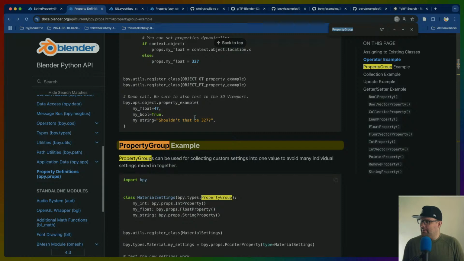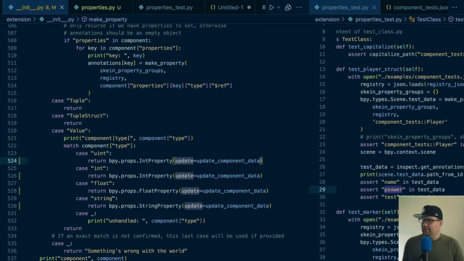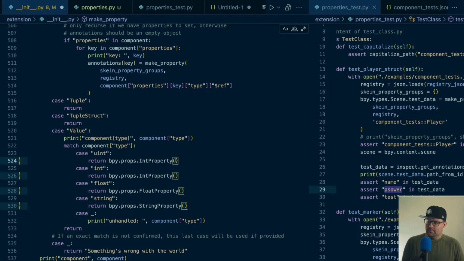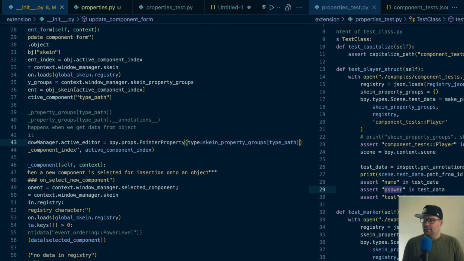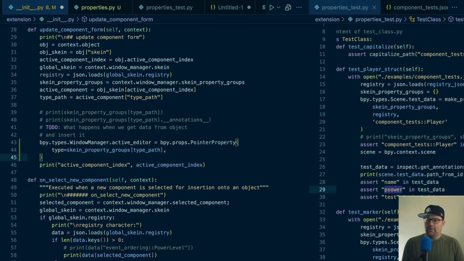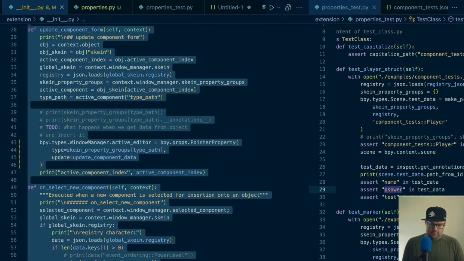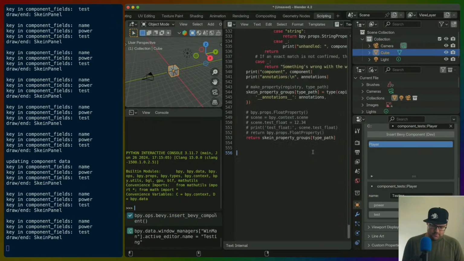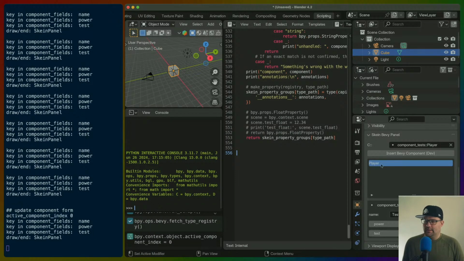Where's property group? Property group isn't even in here. Okay, well, that's unfortunate. Pointer property is, and pointer property is what we're using. So I think that's where this update has to go. Right, this active editor is a pointer property. So I think rather than putting it on any of those types, we have to put it here. But this is the vibe. It's basically like, okay,